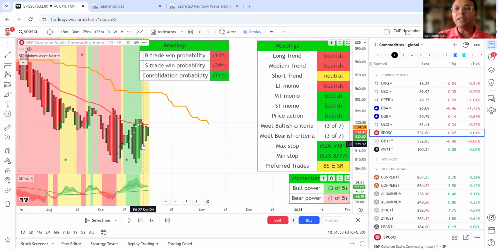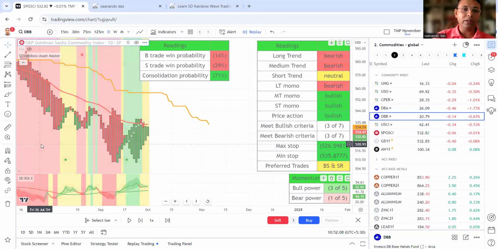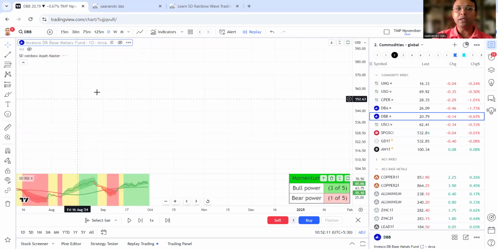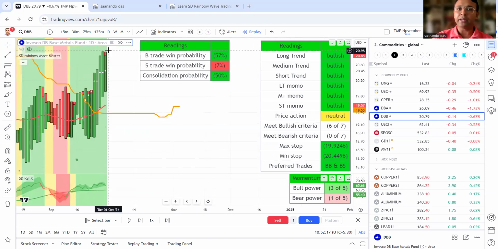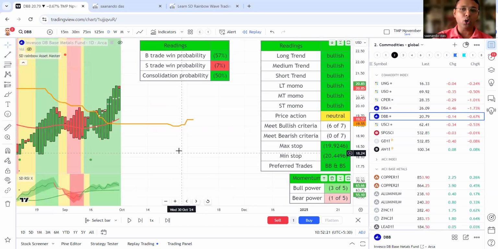So this is a lovely time when the trend is neutral in 24 commodities. Some of them are fighting up, some could be fighting down. Next, I'm going to look at the broad measure DBB, that is the base metal. Is the base metal down? Let's see. So far, no. The background is green. Yes, a marginal correction, but nothing that looks like we can short it.